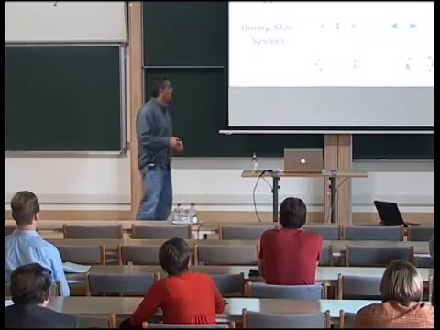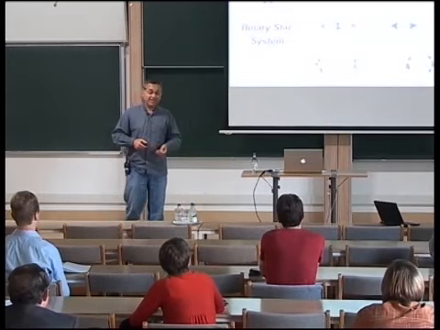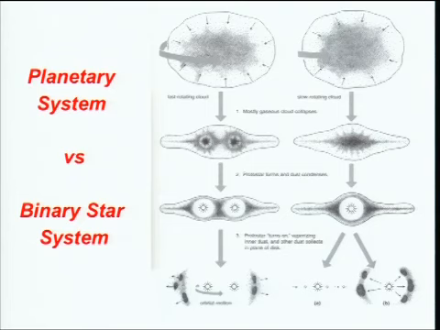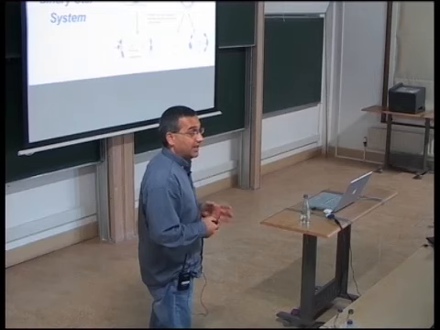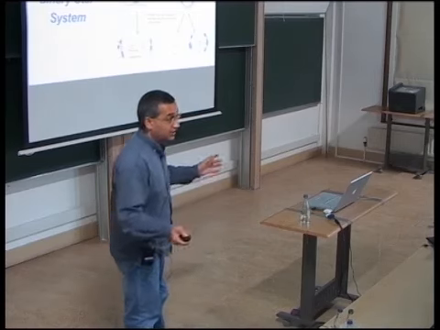And it was slides like this that theorists constantly were using to say that you're not going to be able to get planets in binaries. Either you will have a fast rotating cloud that is going to give you a binary system, or you're going to have a slow rotating cloud that is going to give you planets. This is a slide from the book Moons and Planets by Bill Hartman, and I made this slide in 1999. That was the state of our understanding of planets 10 years ago, but things have changed drastically, as I will explain to you.